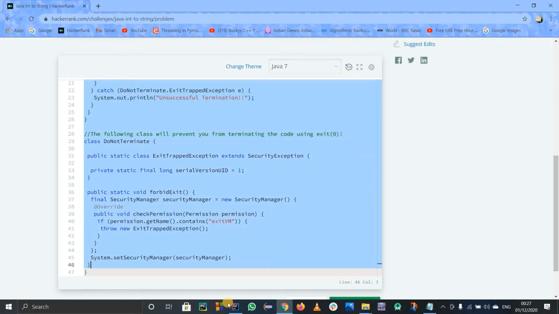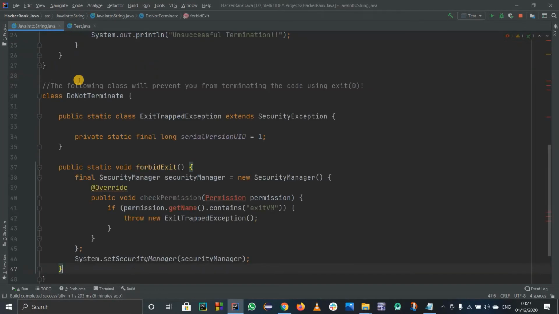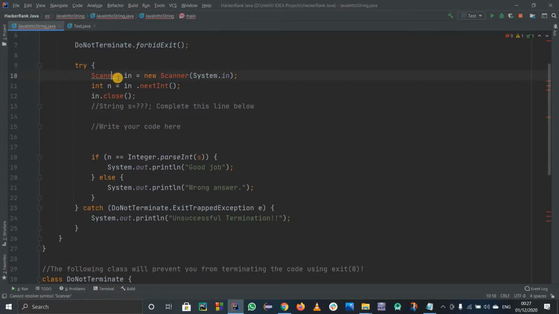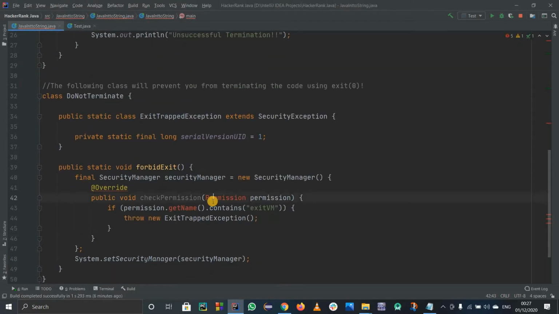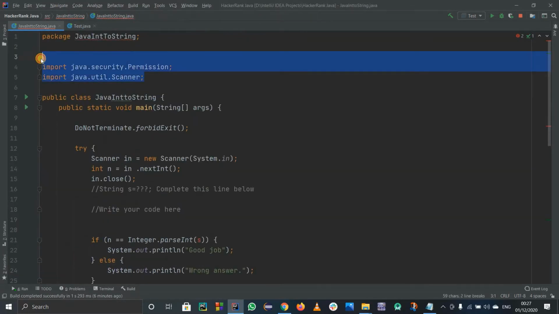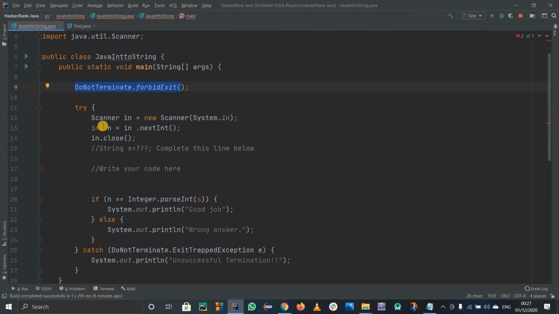I'll just copy the main function and paste it into IntelliJ so that I can use some shortcuts and explain it to you all easily. First of all, I'll have to import some classes. The Scanner class I'll have to import, and that's why it is nice to use IntelliJ, because you can just hit Alt plus Enter and you get these imported directly and the error goes. So we have this main method, and inside of it there is a thing that we don't know, but it is fine because it is predefined. We don't need to know what that is.